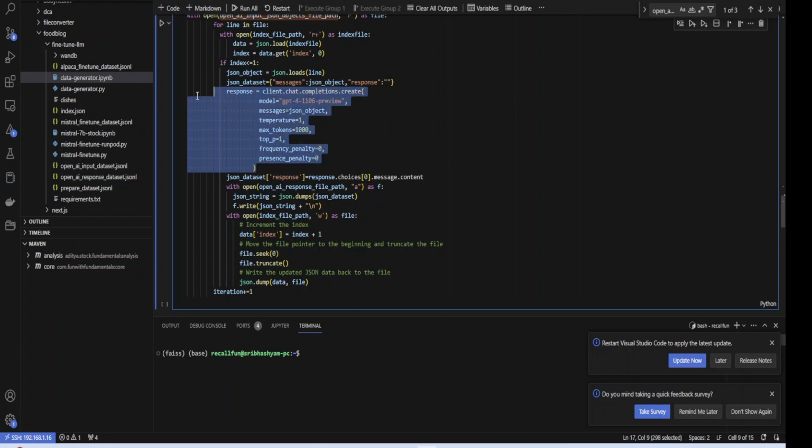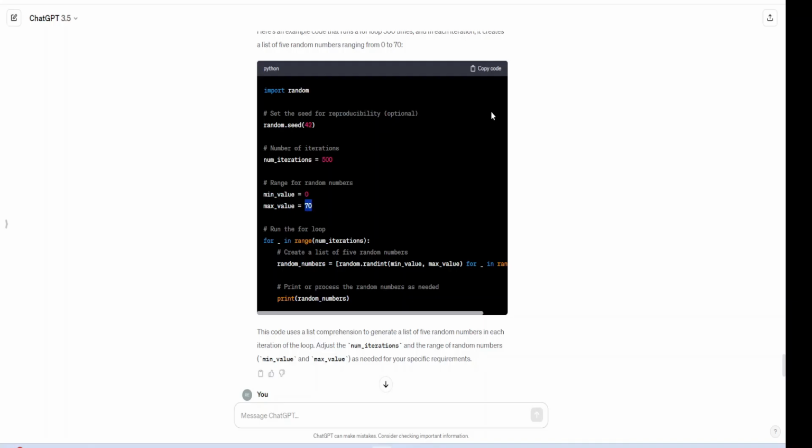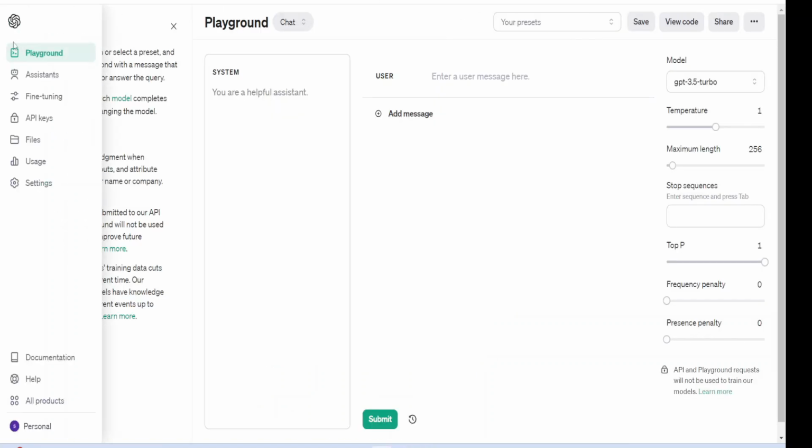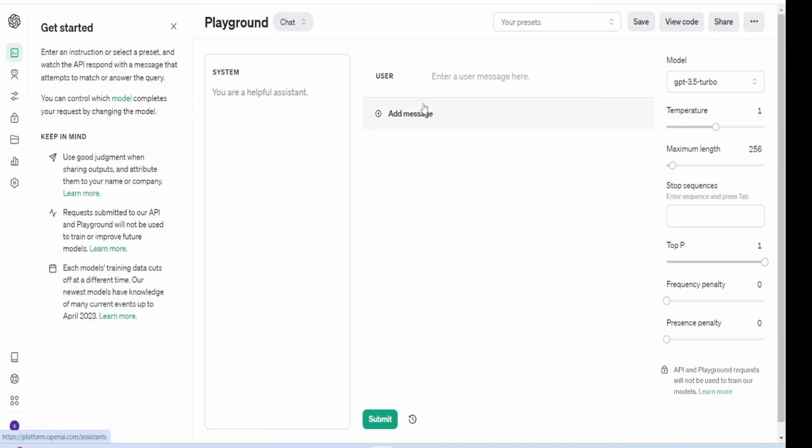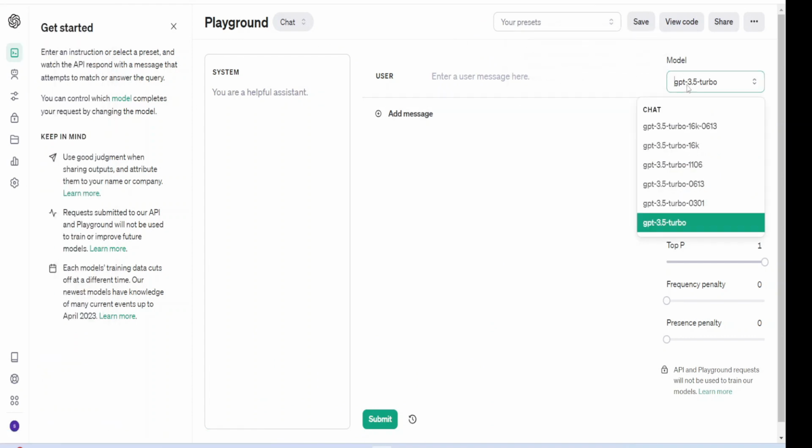So how did I get this code? I did not come up with this code; it's OpenAI which gave me this code. When you create your account in OpenAI, there is something called the Playground. If you go to the Playground, on the right-hand side, you can select which model you want. So let's say you want